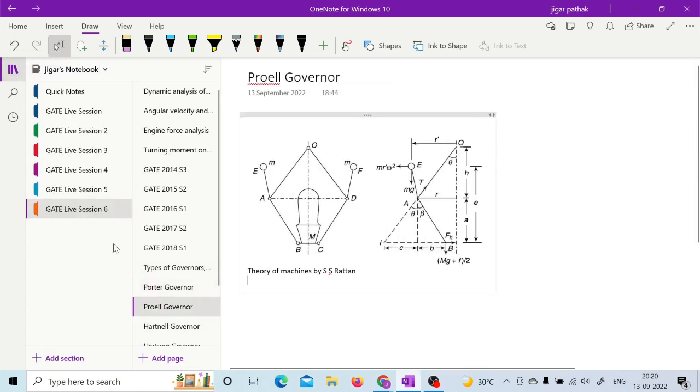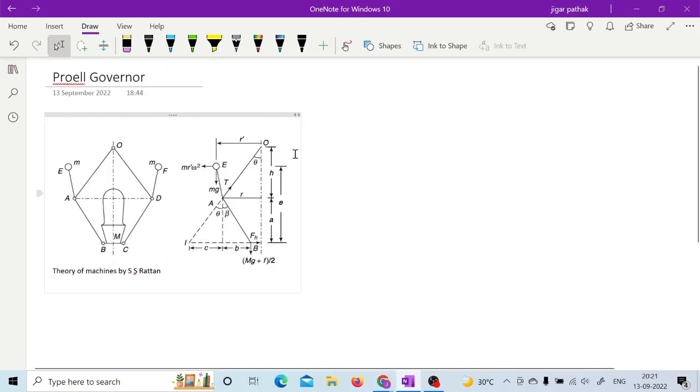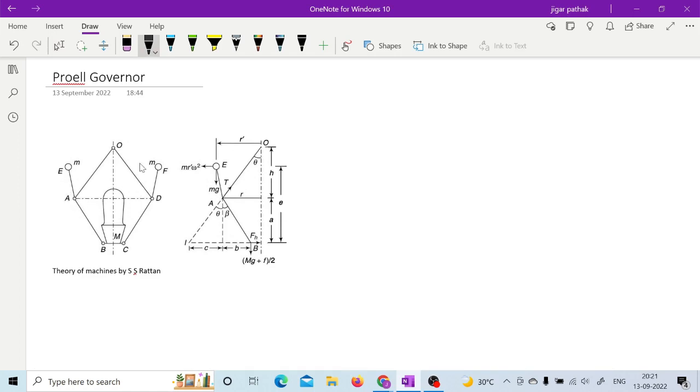So if you go for Porell governor, then what they are doing is they are extending this lower link, and on that they are providing this mass or fly ball, right? So in Porell governor, again you can take moment about this particular point I. So it will be m r dash omega square e is equal to this mg c plus r minus r dash, actually,